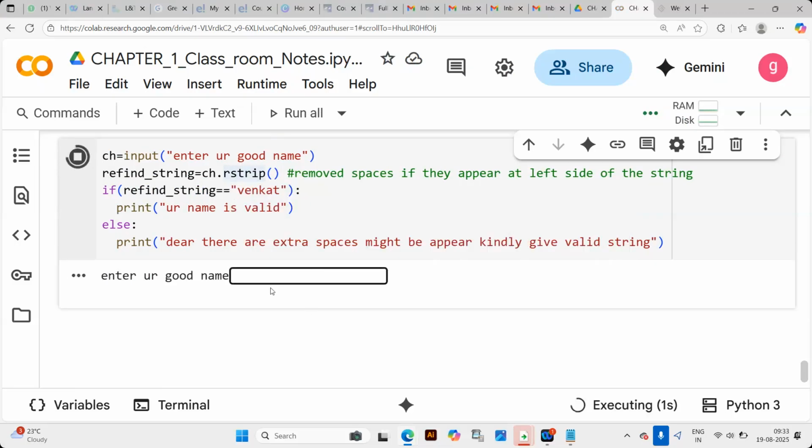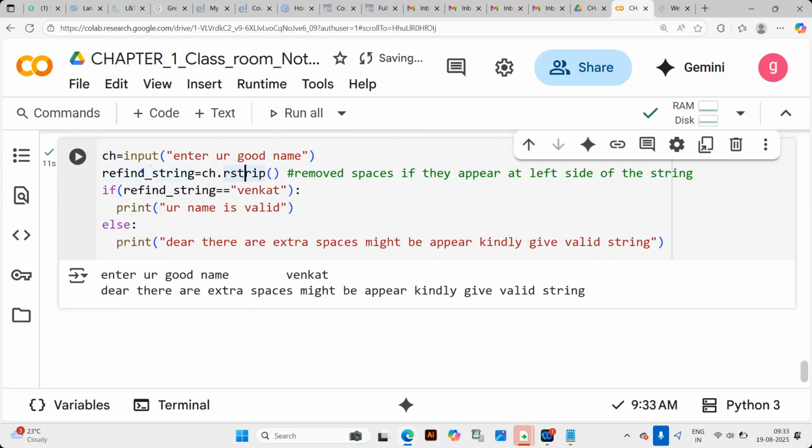Now I'm entering the spaces on the left-hand side of Venkat, but rstrip is not able to remove the spaces from the left. Then the output is: there might be extra spaces, kindly give a valid string, which means rstrip removes spaces from the right-hand side, not the left-hand side. Therefore, the if condition fails, because Venkat is not equal to Venkat with spaces, and the else part gets executed.